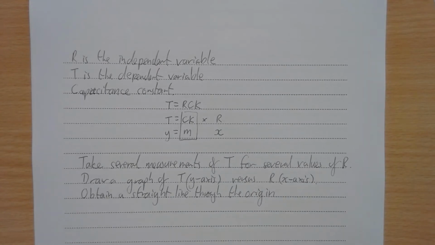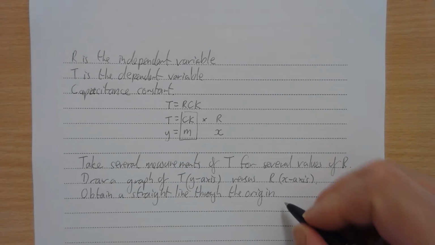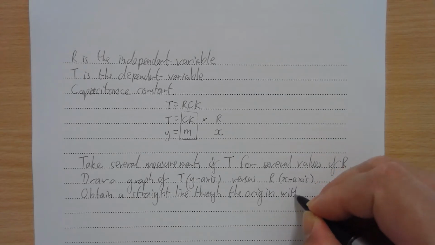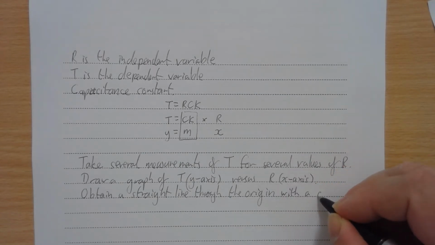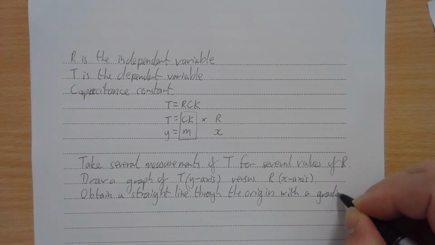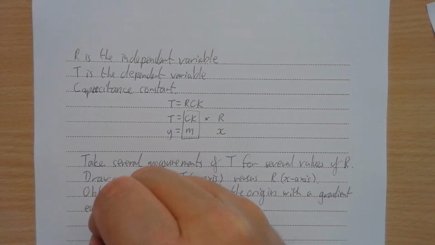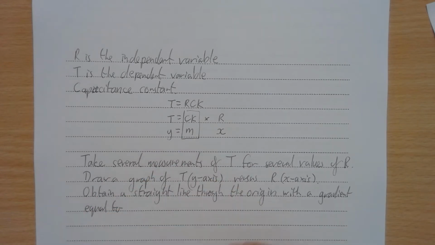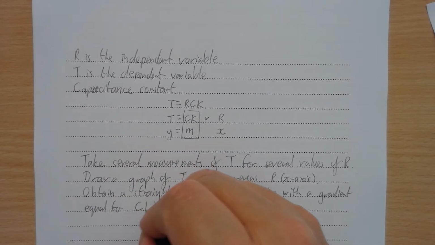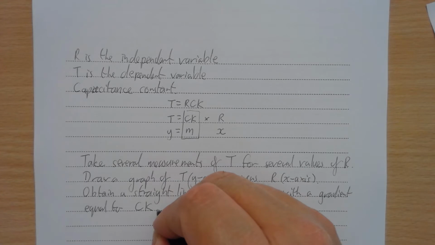Sometimes you have to think about an intercept, but basically you're looking at drawing a straight line graph. So obtain a straight line through the origin with a gradient equal to CK. Okay,